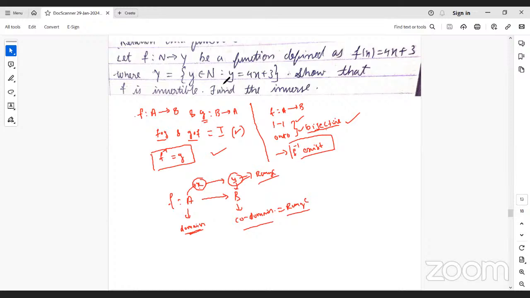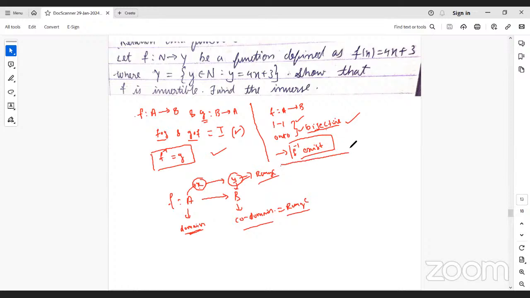A 5-mark question from relation and function. Every year this question occurs in part D. The first question, the 39th question, is always based on the same concept, that is the inverse of a function. This year they have deleted some syllabus, they have reduced the syllabus. So either the inverse of a function question will be asked, or